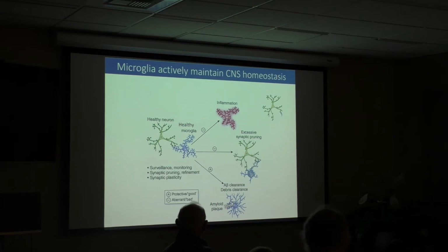Well, there are a number of ways that we can imagine the innate immune cells in the brain impacting neurons, and this is just a very simplistic cartoon. The microglia are the innate immune cells of the brain. They're basically monocytes resident in the brain. Microglia and neurons are constantly interacting. Microglia are always remodeling the synapses. That remodeling is extremely important during development, but occurs even at the